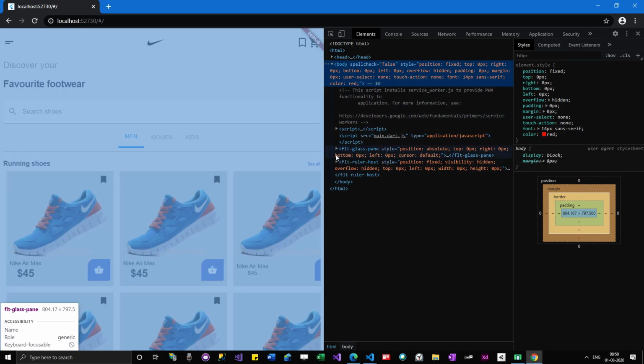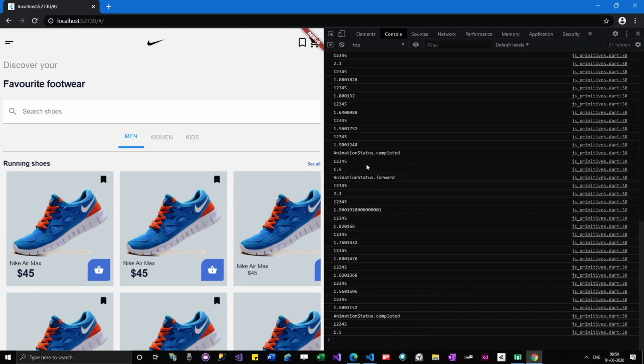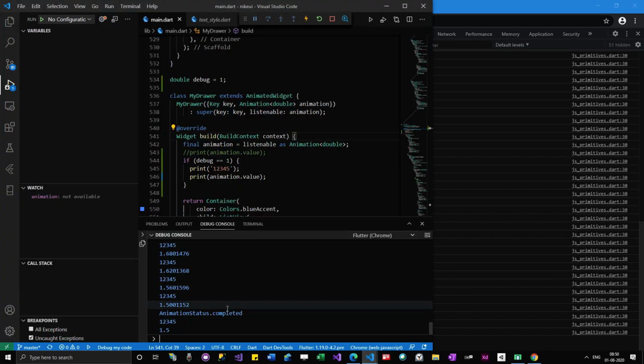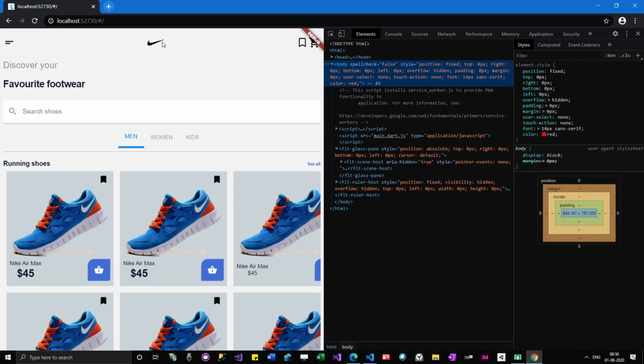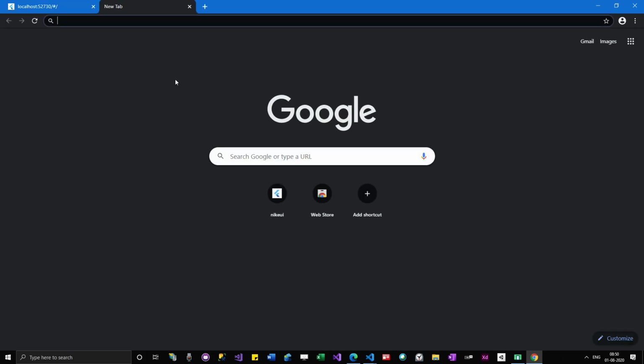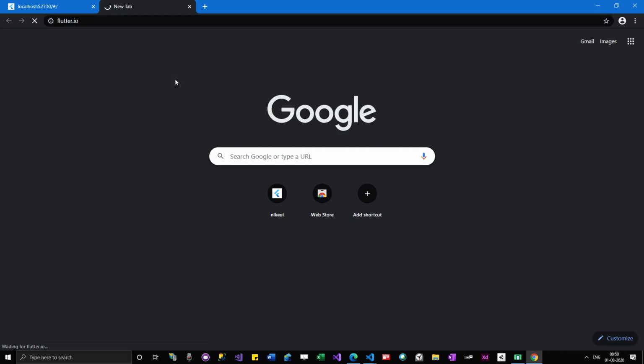Maybe we have to dig much deeper. I really don't know at this point. And then the console: if you see the console, you can see the values being printed. It's almost similar to what's being shown in our debug console, and everything is shown here, which is really very nice. Let me do one thing. Let me go to a proper site to show you some HTML.